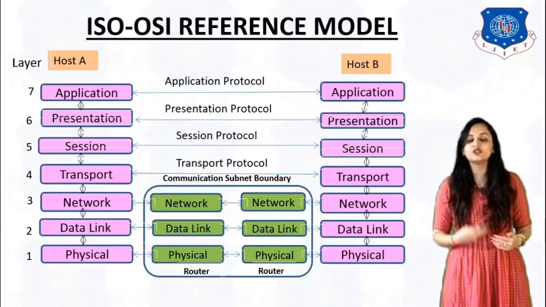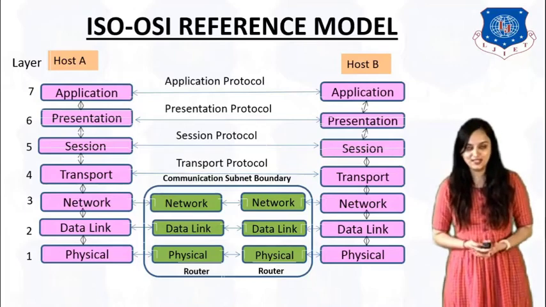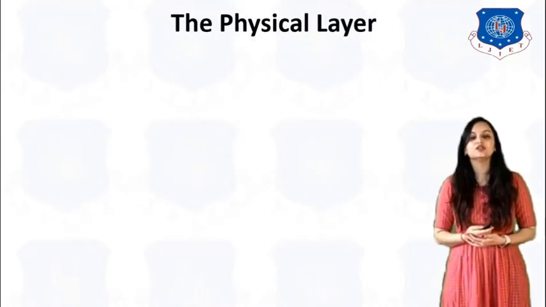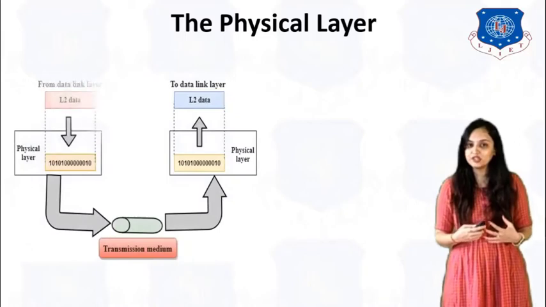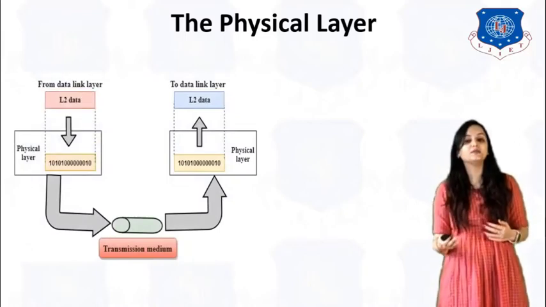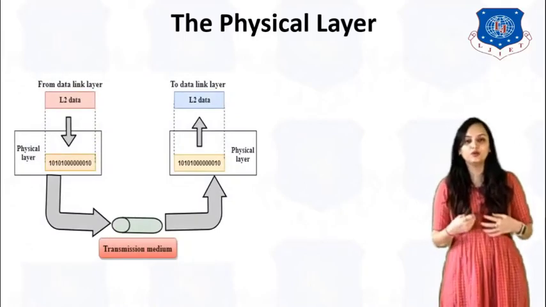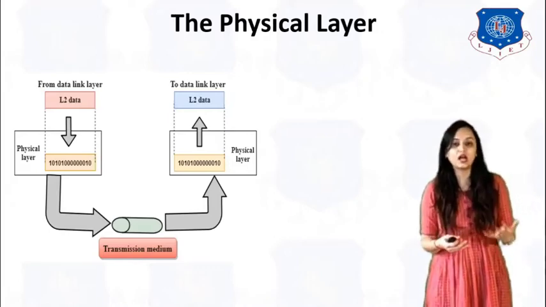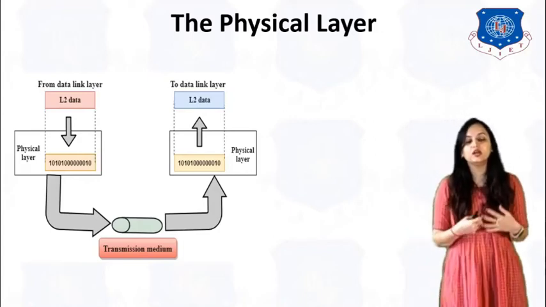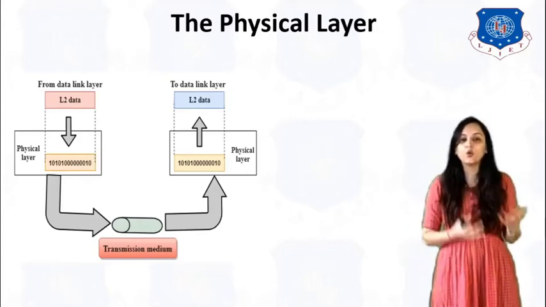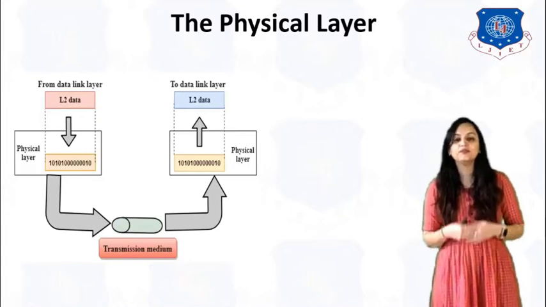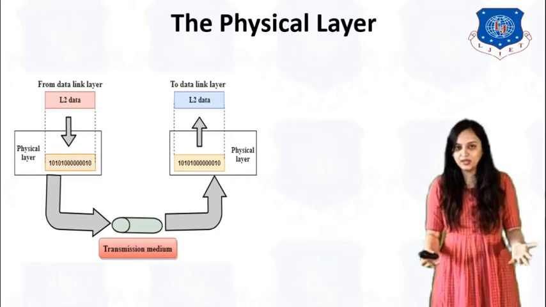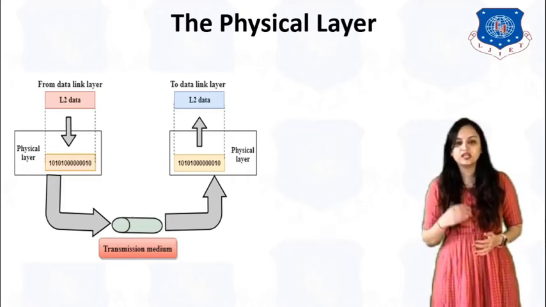Okay, let us see each of these layers and its roles in detail. The first one is the physical layer. In the physical layer, as the name suggests, it is related to the physical parameters of the model. That means if you want to transmit data, what are the physical parameters or constraints you will have? You will transmit data using copper cable, coaxial cable or fiber optic cable. How you can transmit the data using wires or wireless media is concerned with the physical layer.